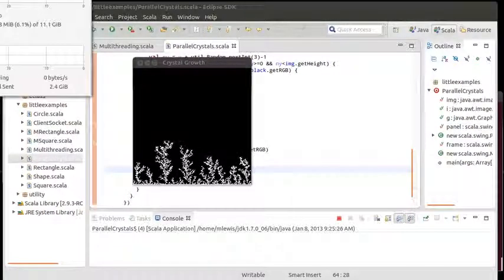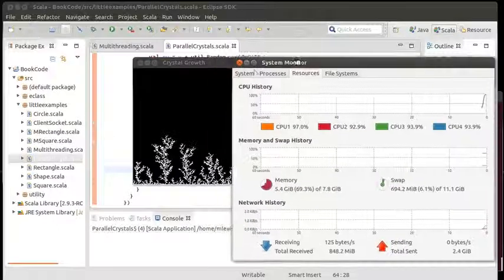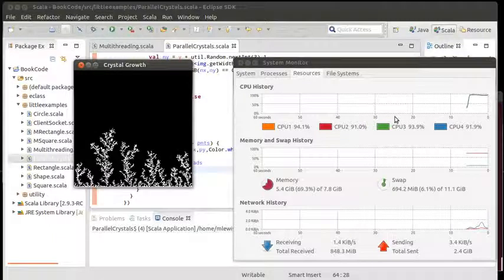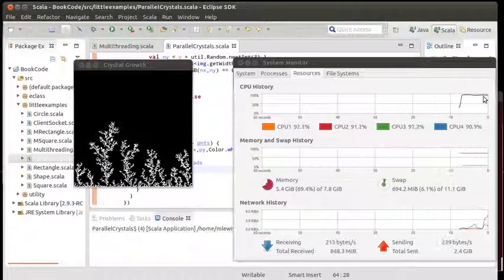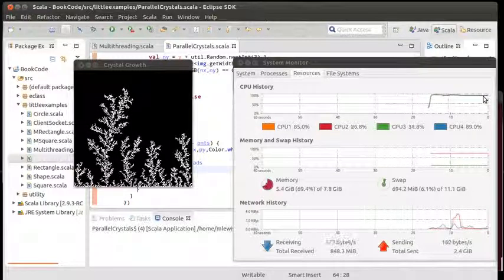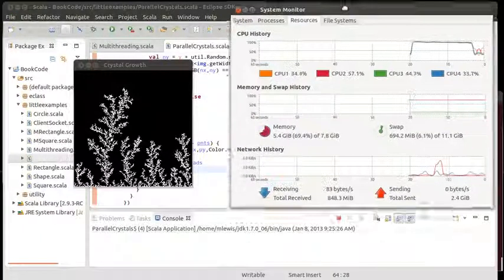See if I can bring up a system monitor and let you see this. Okay, so there's my CPU usage right now, using the 6 threads. We're keeping the system fairly busy, and